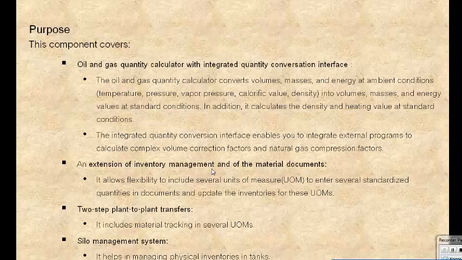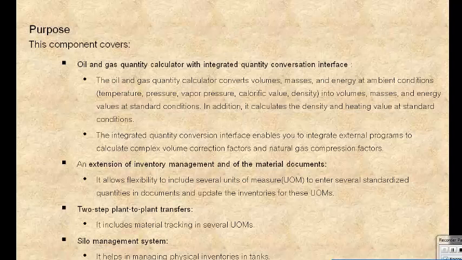And plant-to-plant transfer: when you are transferring your material between plants, one plant can use a different unit of measure than the other plant. Then that is cross-country. According to the local excise duty regulation, they have to show the government that I have this much oil in my refinery or in my plant, so according to the local or legal requirement, they will keep their stocks in different units of measure. For that purpose also we use HPM and silo management, which is nothing but our tank management, to see what our physical inventory is